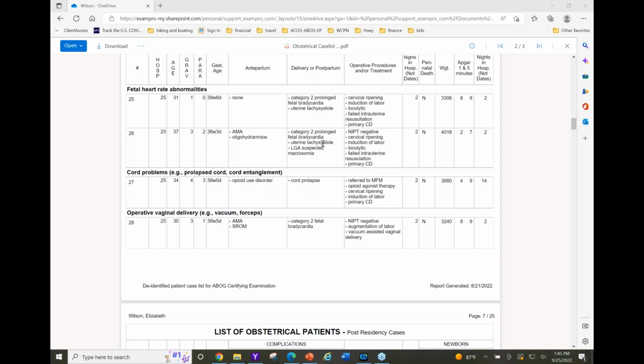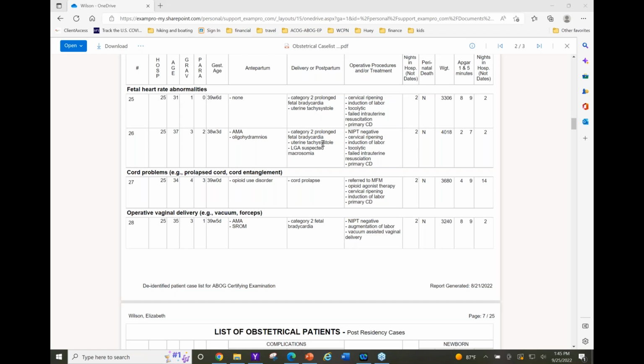The criteria that you used are appropriate for using the maximum vertical pocket less than 2 centimeters. You could also use an AFI less than 5, although the maximum vertical pocket is the preferred approach. So I was happy to hear you say that. Moving towards induction with cervical ripening, again, being able to talk about the agents that you use and how you manage them if the patient is or is not responding is an important point. And you pretty much jumped right into the fact that you didn't get very far because of the fetal heart